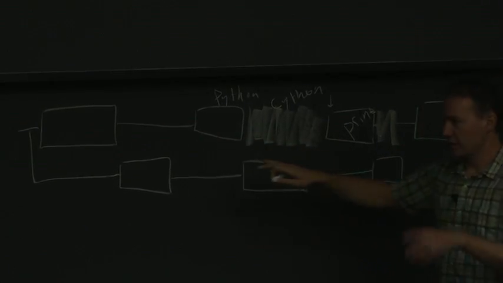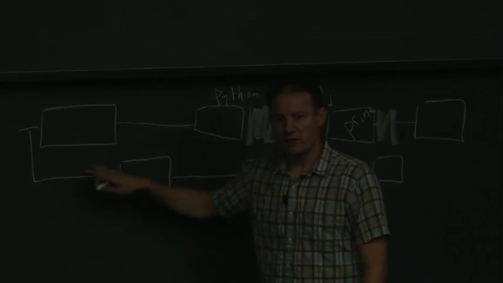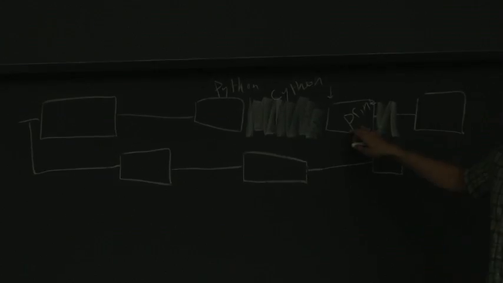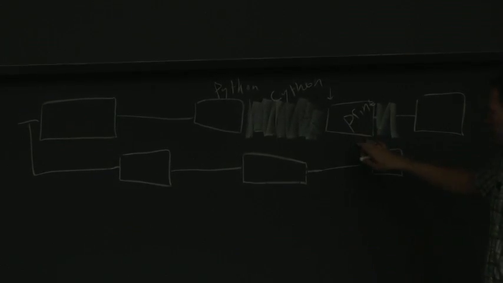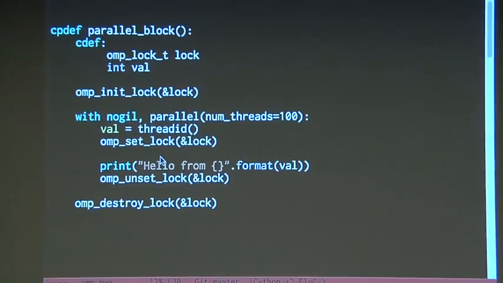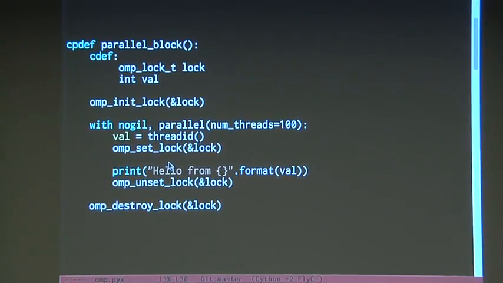So there are two locks here, right? There are a couple of locks that we have to think about in this code in particular. One is the GIL, letting us get into Python functions like print, or if we wanted to allocate a NumPy array, or any of these functions. And then one is the actual lock to protect the print function, which is the same as we saw in the Python versions of this